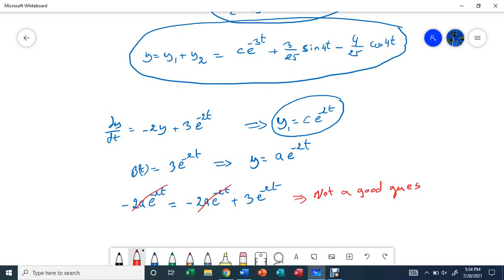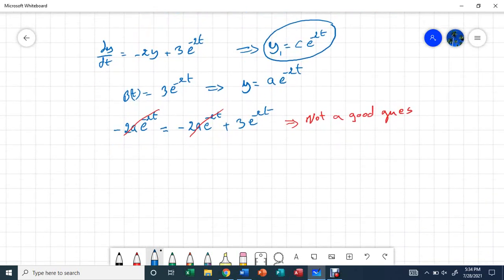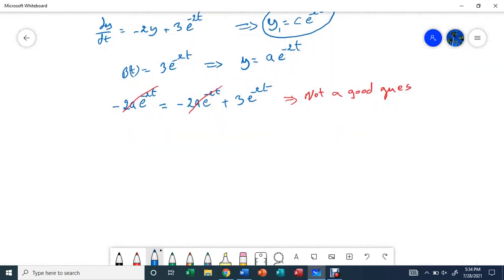So now I need to multiply my original guess by t and try again, following the rules. So my guess will be y equals A t e to negative 2t,